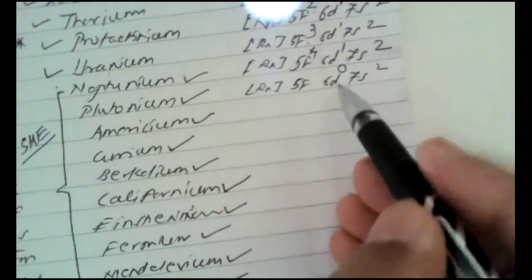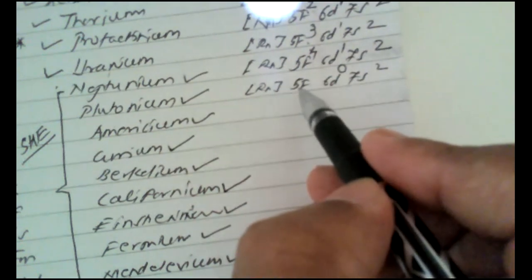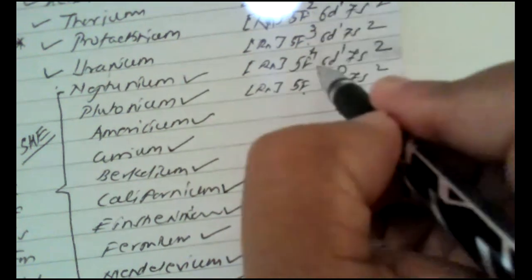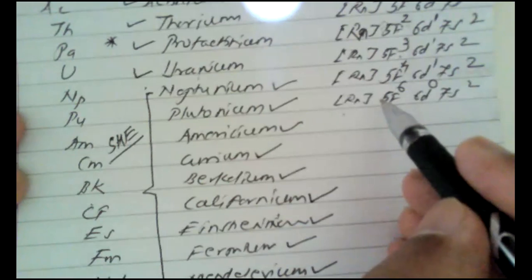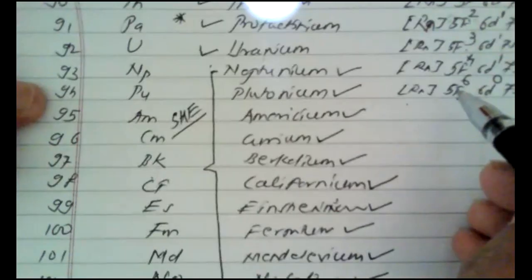So as per this, after neptunium, again we have to write the electronic configuration like this. After neptunium, as I have just shown you, radon, 5f, 6d, 7s2, because it is filled at radium, then 6d0. Why? Because this has high energy as compared to 5f. So all those electrons now enter into the 5f orbital. So it becomes 5f6. So 86 plus 2 is 88 plus 6 is plutonium, that is atom number 94.